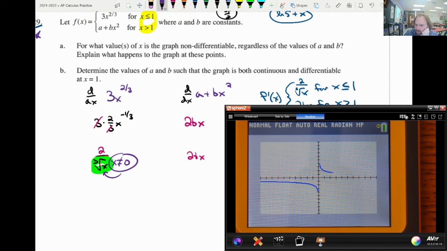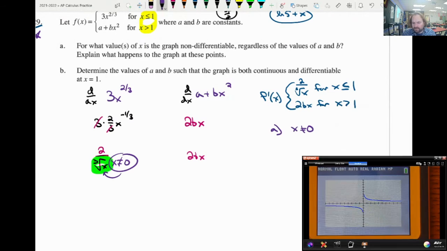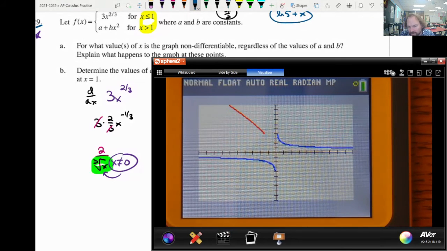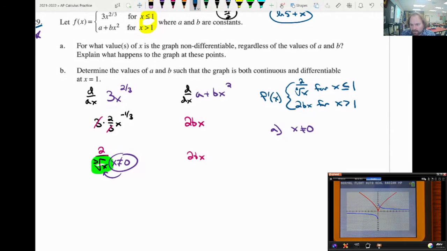Yeah. Oh, there's actually a break. There's a discontinuity happening there. Okay, cool. So there is a discontinuity. Oh, no, sorry, that's not the original function. That is the derivative. Well, the original function would be 3x to the 2/3 power. So the derivative has a break, but the original graph, there's the cusp. There we go. Yeah, okay. That's exactly correct. So there's a cusp